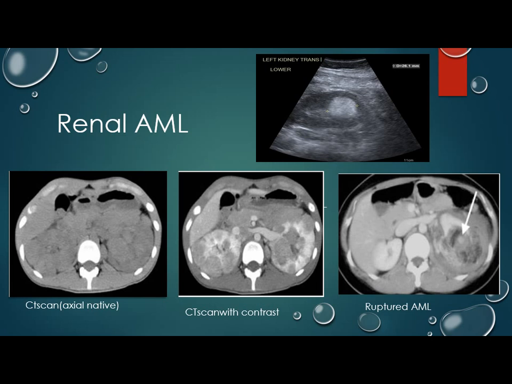We have different types of renal cell carcinoma: clear cell carcinoma, chromophobe, and papillary. The papillary one is mixed with angiomyolipoma. How do we differentiate these types by CT? Clear cell carcinoma enhances heterogeneously with early washout. The chromophobe enhances heterogeneously, early, with early washout. The last one, papillary, mixed with angiomyolipoma, is difficult to differentiate from angiomyolipoma. By biopsy, you can differentiate.